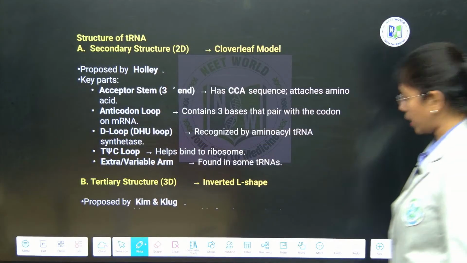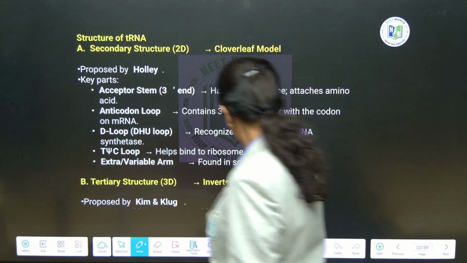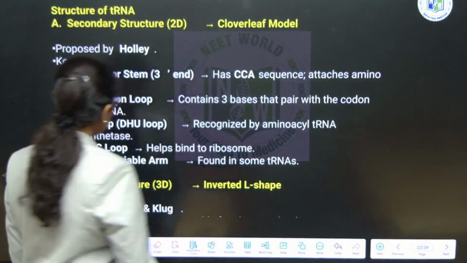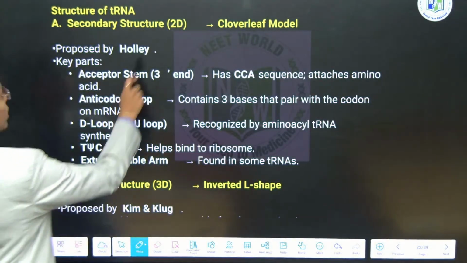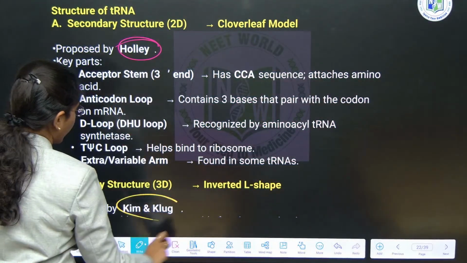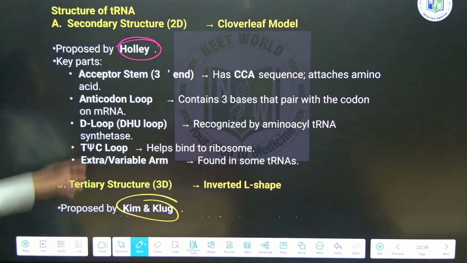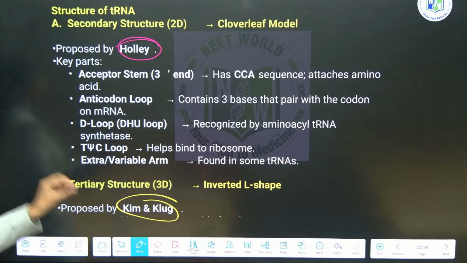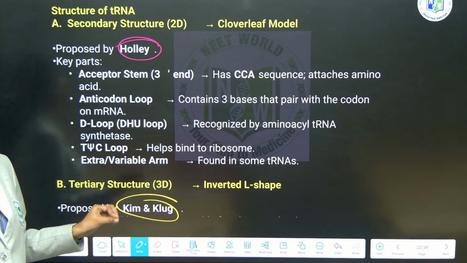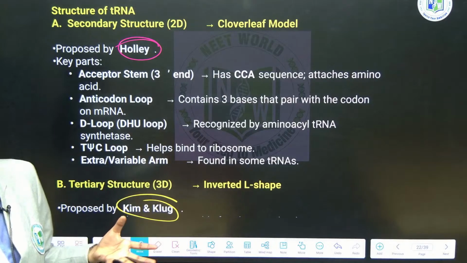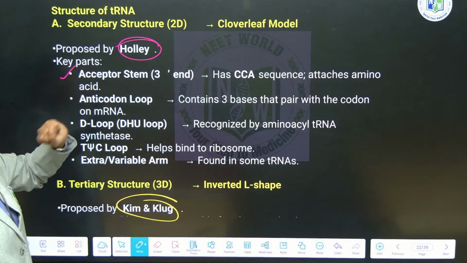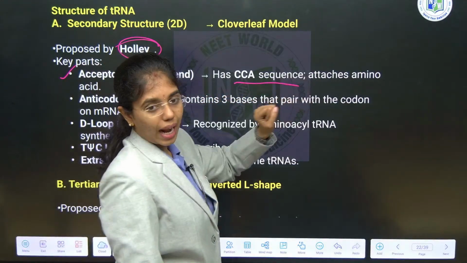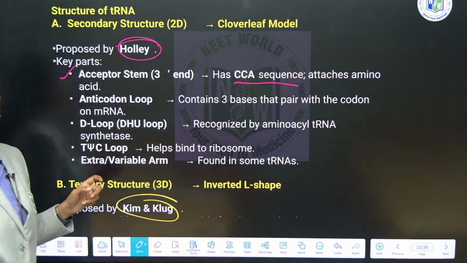Secondary structure and tertiary structure, look at this carefully. The secondary structure was proposed by Holley. The tertiary structure is by Kim and Klug. If you don't remember the scientists, no problem, but remember what is the secondary structure, what is the tertiary structure, which is active and which is copying the code. Here it has the acceptor sequence which has the CCA sequence, which attaches the amino acid at the time of activation